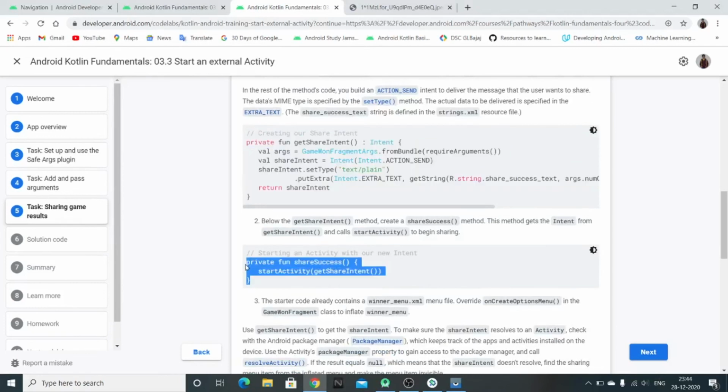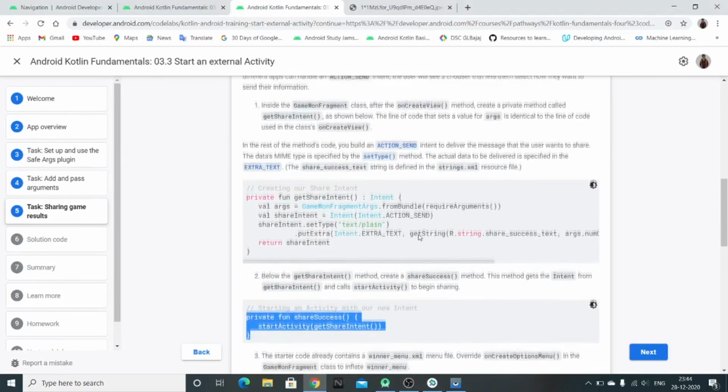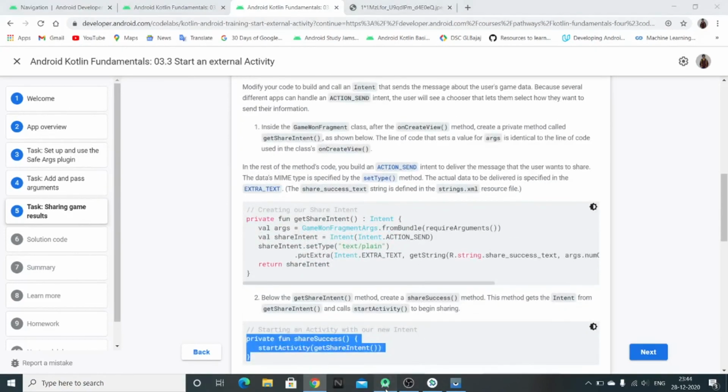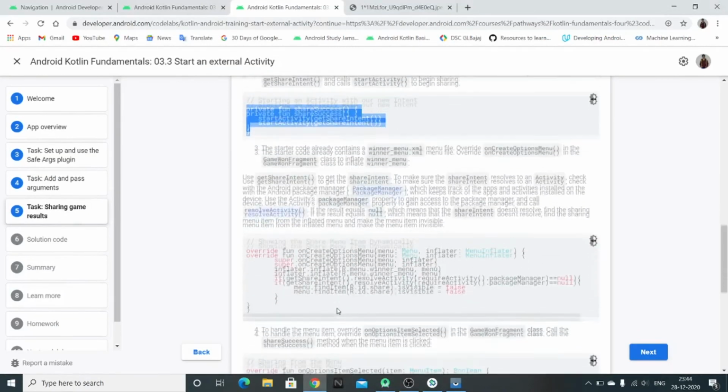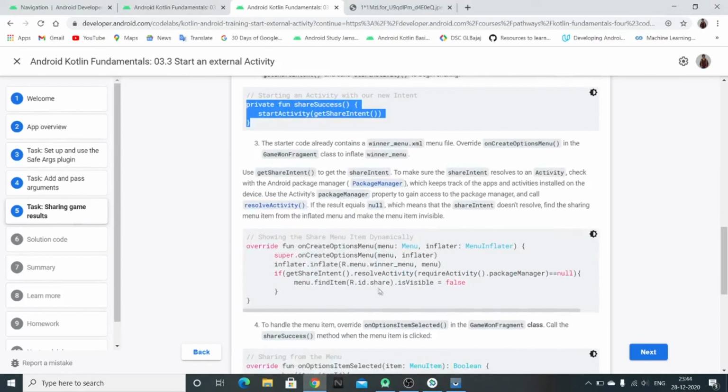Share success, and this another function.